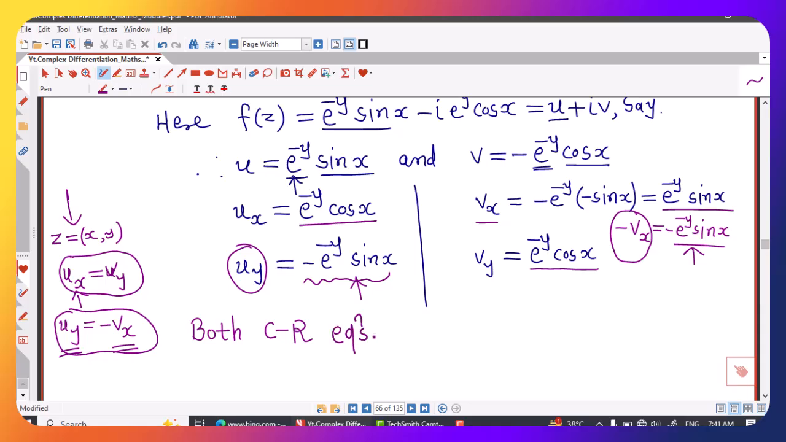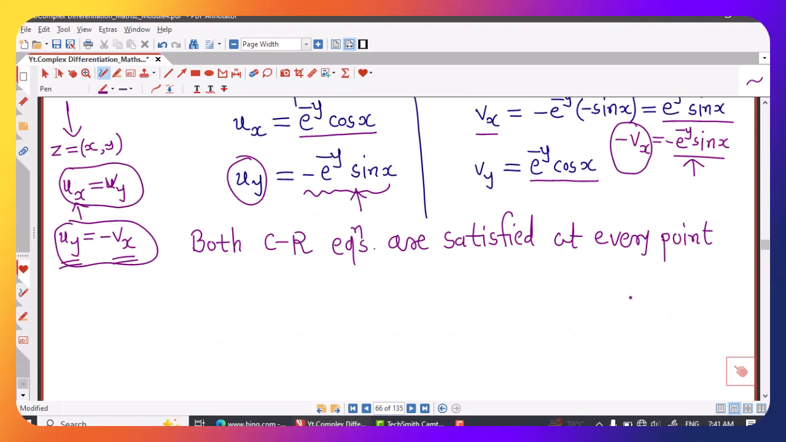So we can write directly: both CR equations are satisfied at every point in the complex plane. At every point, say z equal to ordered pair xy in the complex plane. After that, we have to check the continuity of first order partial derivatives of u and v,